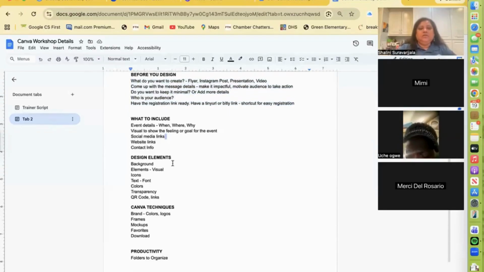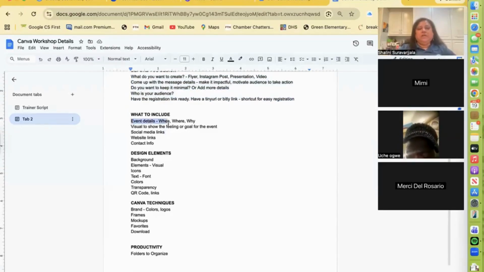Now, what are the things you need to include? You need to include event details: when, where, why. You need a visual to show. I think this is something that I feel very strongly about. You need to have a visual, and this is what takes most time for me when I create flyers. Usually it is: what is the goal for your event? What is the feeling that you want to